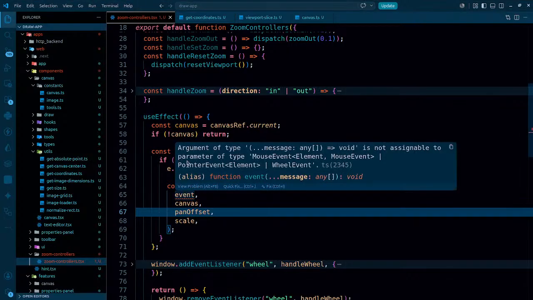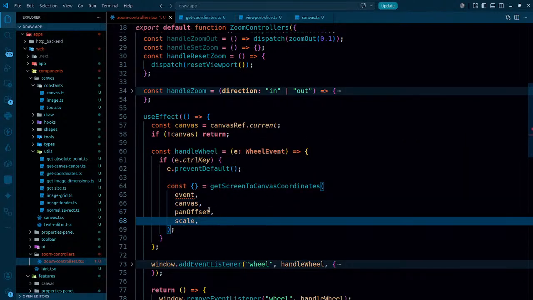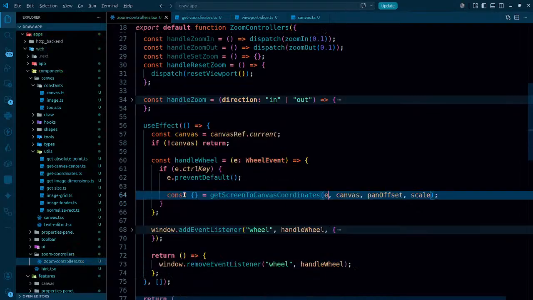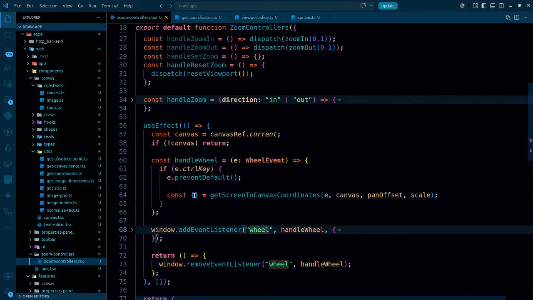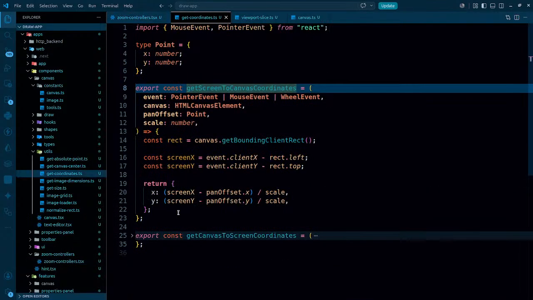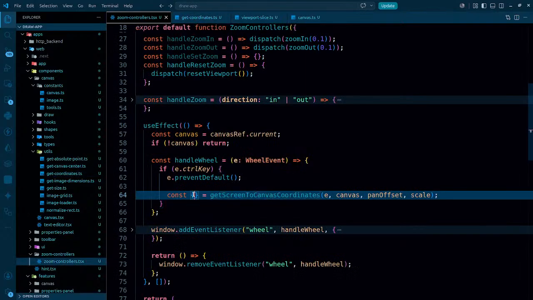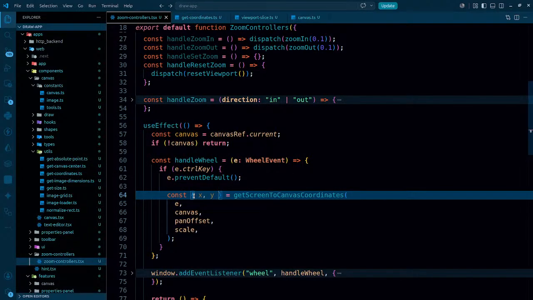So what does it say? Argument of type 'this' void is not assignable to event. There should be e here. Now it's fine. And from here, what will I get? I'm going to be getting x and y. So I'll get x and y from here. Ultimately, I'll get